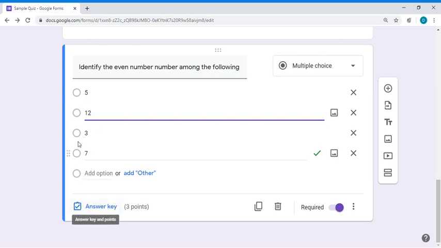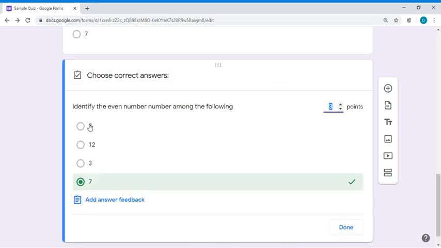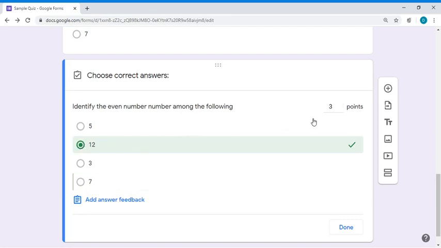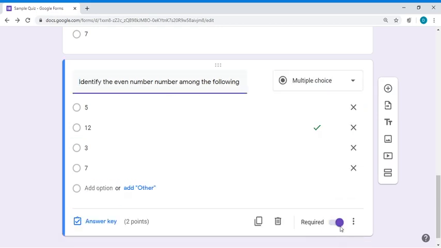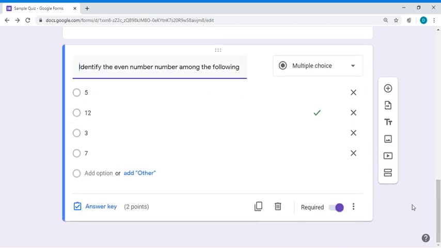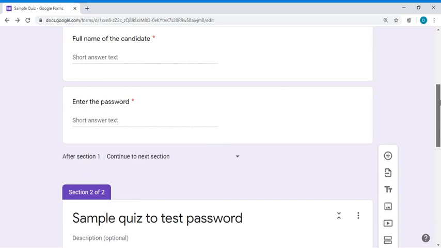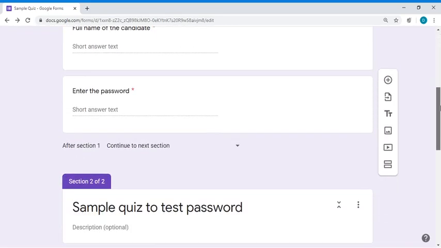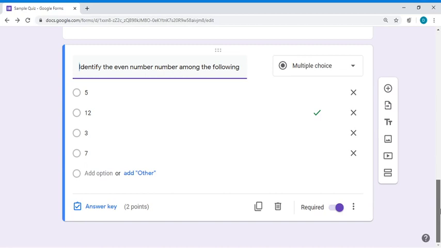In this way you can give various options and you have to set the answer key. So option number 2 I think is the correct option. Give point values as per your requirement and click on done. In this way you can add more questions by clicking on duplicate or add question. In this way your quiz can be completed.